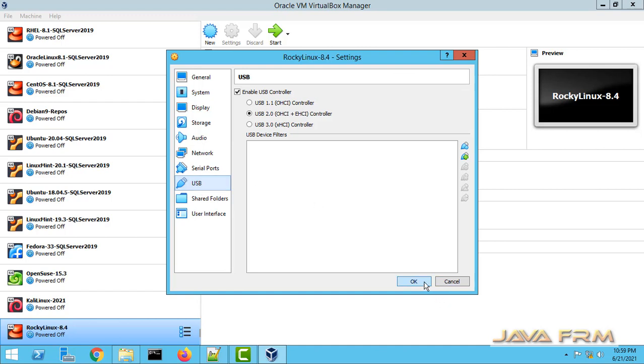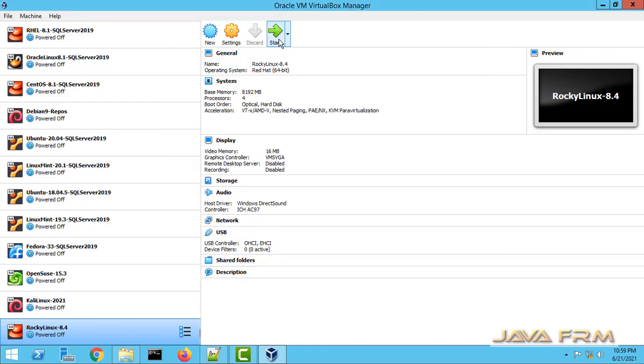Now everything is fine. Now let us start the installation of Rocky Linux 8.4 on VirtualBox 6.1. I am starting the virtual machine now.